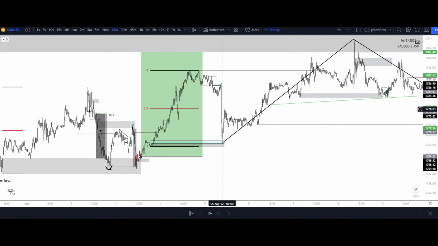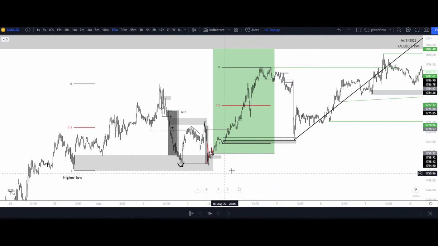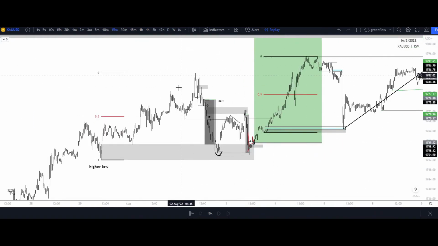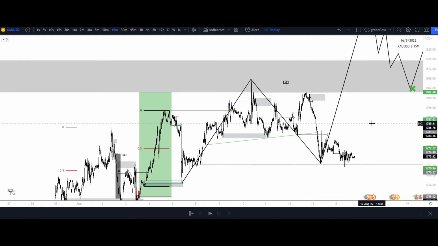It's keeping it as simple as possible when we are looking to trade this. Literally market structure and then your breaks of structure, as far as where we are looking for supply and demand, and then your confirmation within those zones. That's all it is. 1, 2, 3 steps, and you're good to go. You are out of your trade, whatever it is.